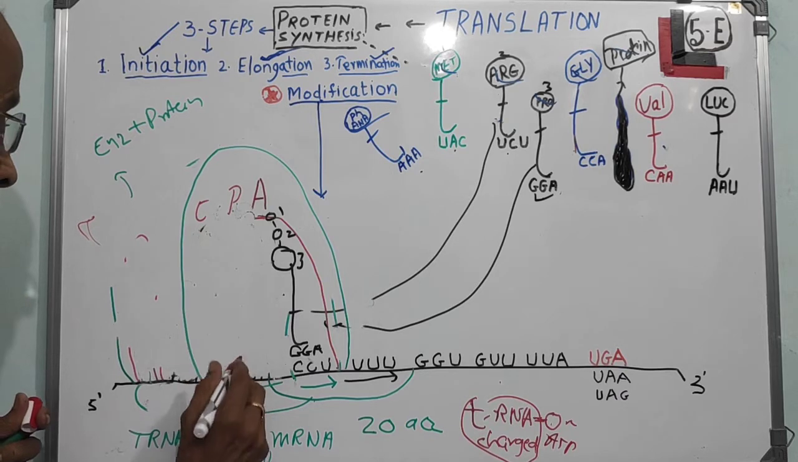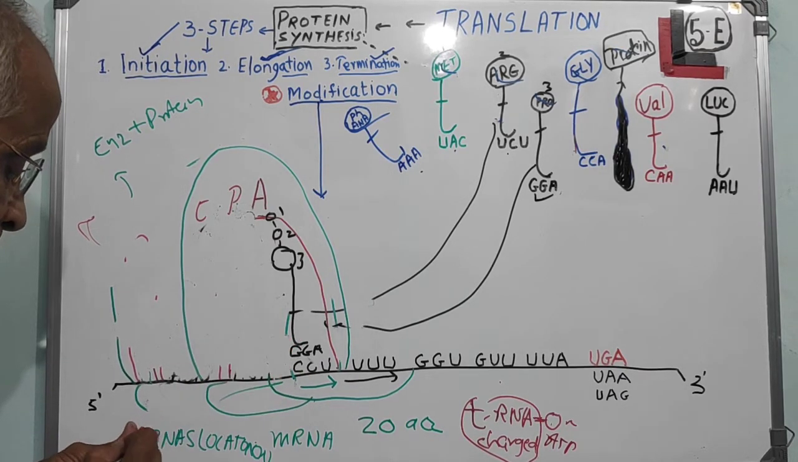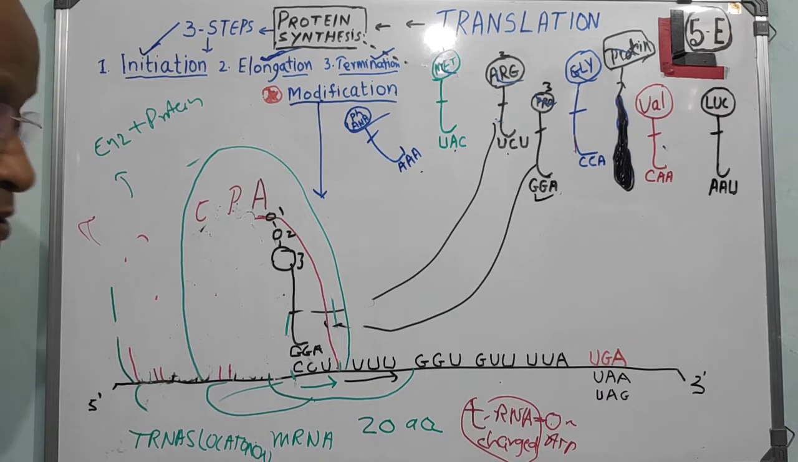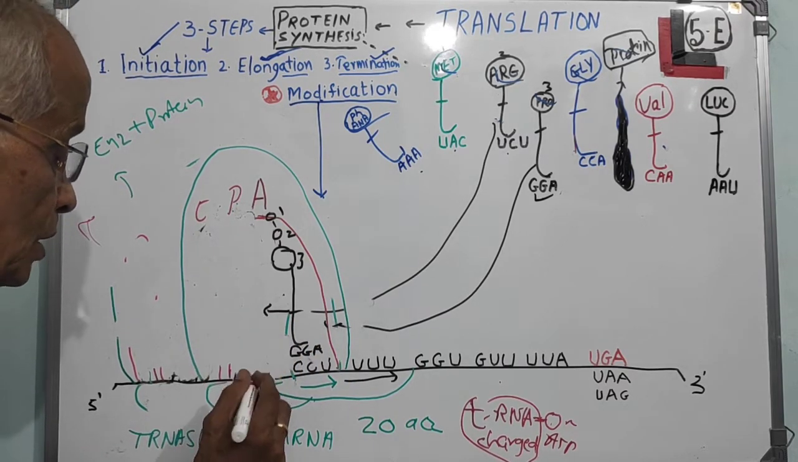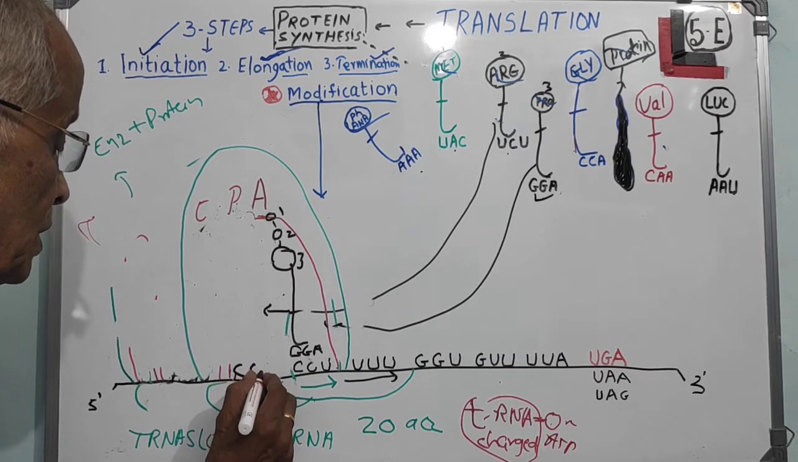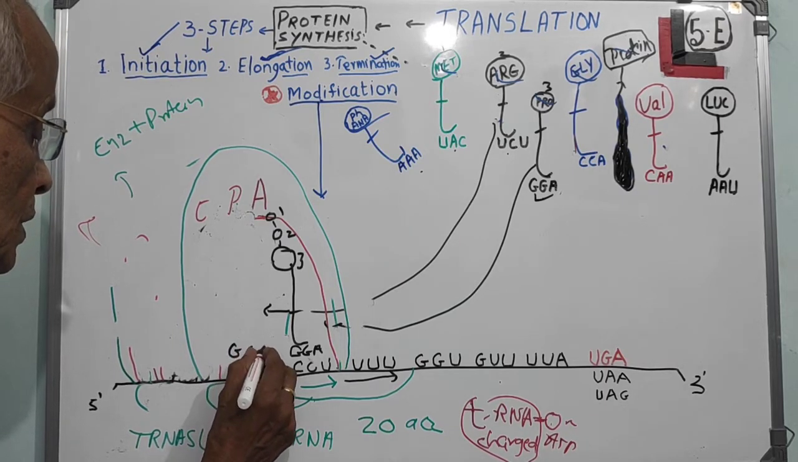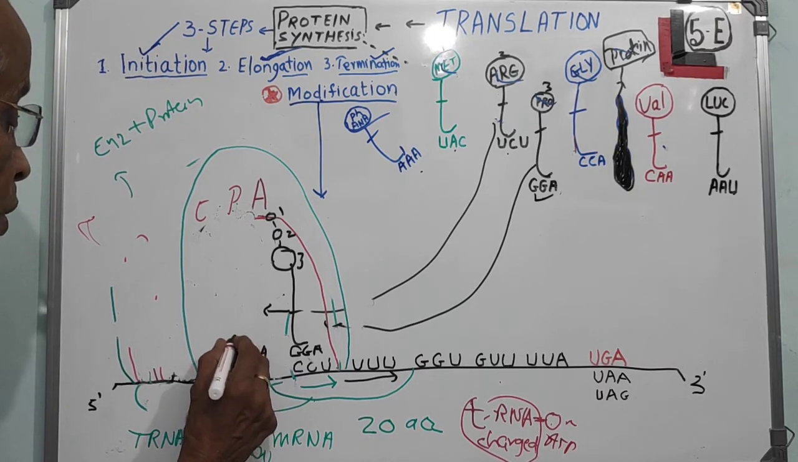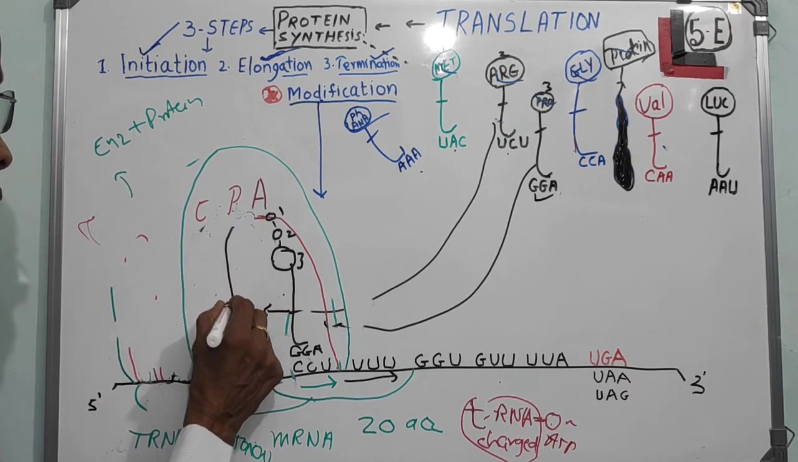So this is the P site. In the P site now, this moves to the P site. See, that's the beauty of the translocation. When this happens, this moves to the P site. Now here you have C, C, U, G, G, A, that is the anticodon, and this is the tRNA molecule,